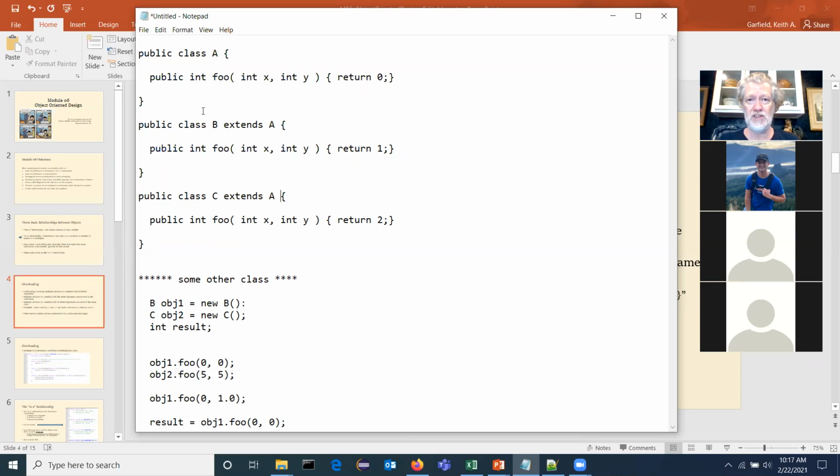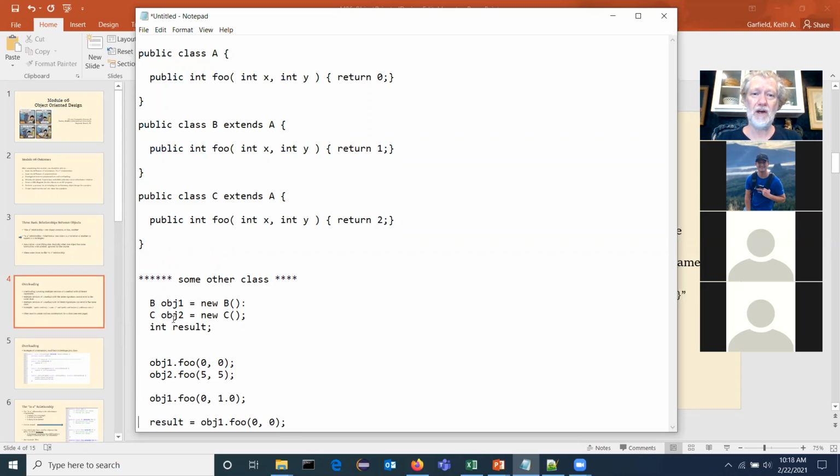So again, in our sheep-dog game, A might be the generic animal, and then we extended it to dog and sheep, so B might be the dog and C might be the sheep. Obviously, we would name them appropriately. Or in the ship example I keep bringing up, the generic ship would be class A, and then B extends it to, I don't know, tugboats, and C extends it to rowboats. So we have an is-a relationship. The is-a relationship is not about overloading. Remember, overloading occurs all in the same class.